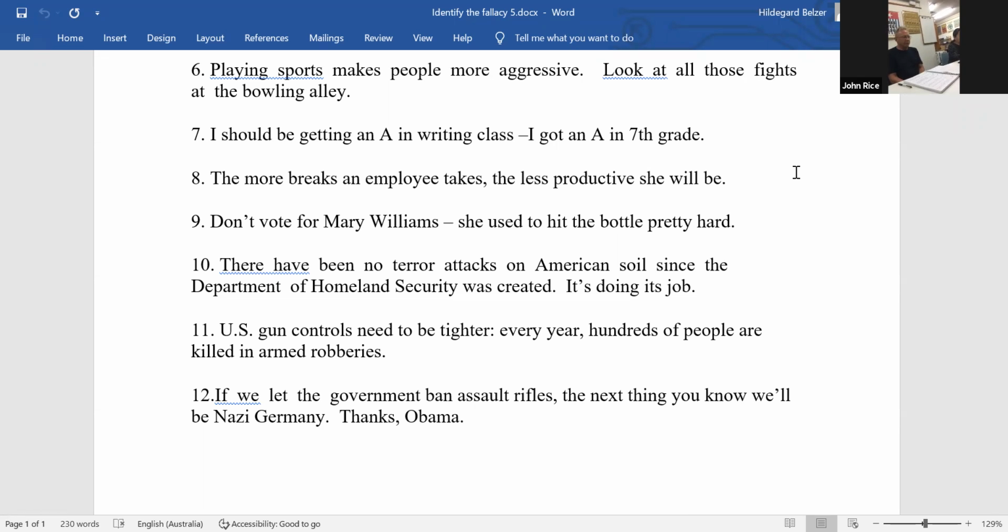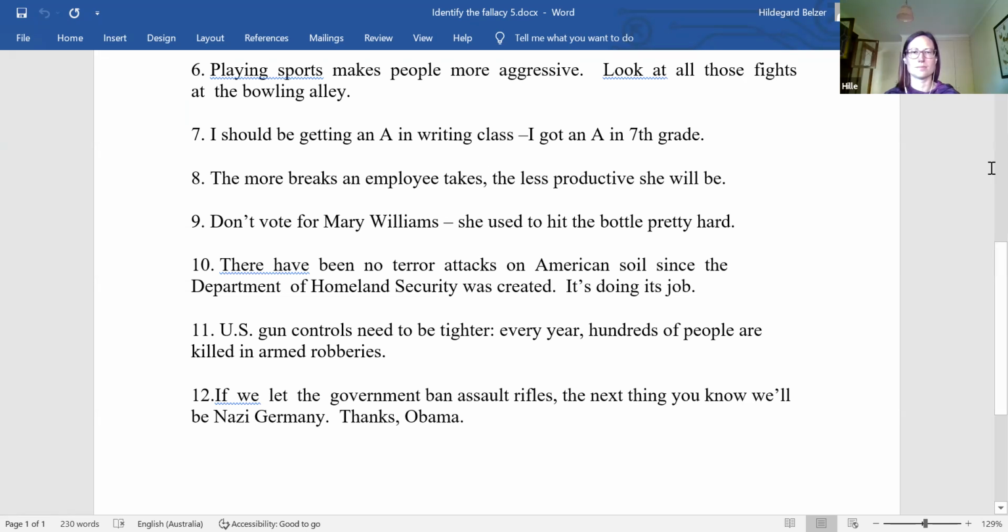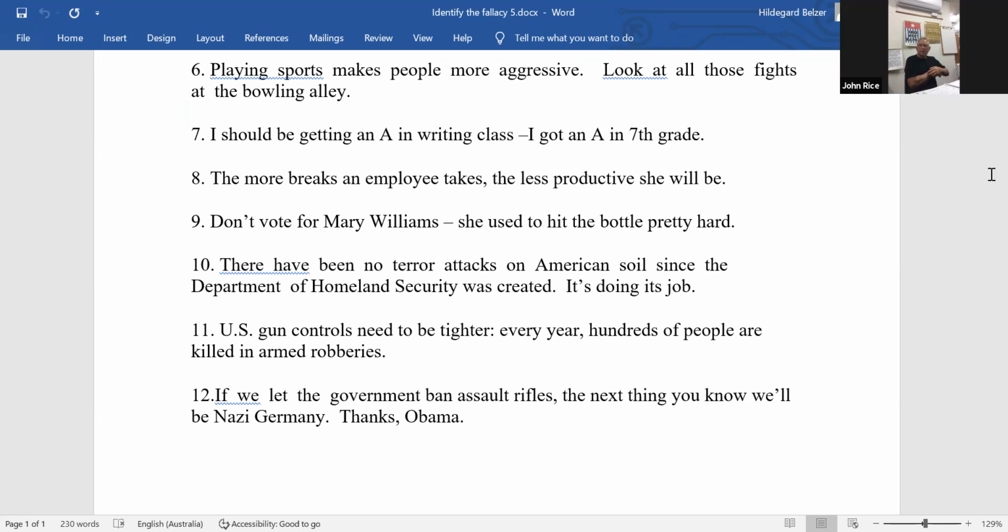Well, I think like number 7, it sort of sounds like one thing leads to another. Just because something happened in the past, that will happen again in the future. I'm not quite sure, but I sort of maybe think it could be a post hoc. Yeah, it is sort of like that, isn't it? But I'm not 100% sure. What's a post hoc fallacy, Heinz?